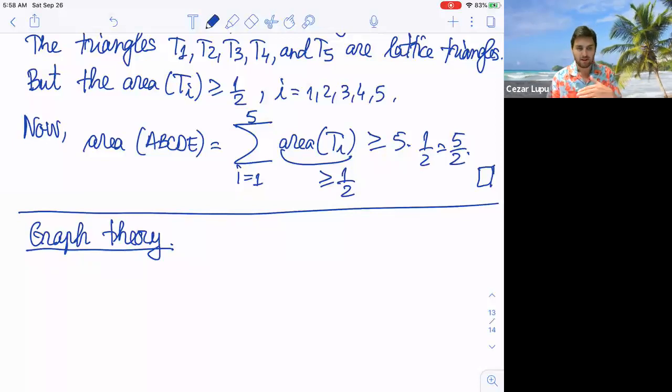I'm just going to run through things, basically just glance through the material. I will emphasize the most important facts about graph theory,